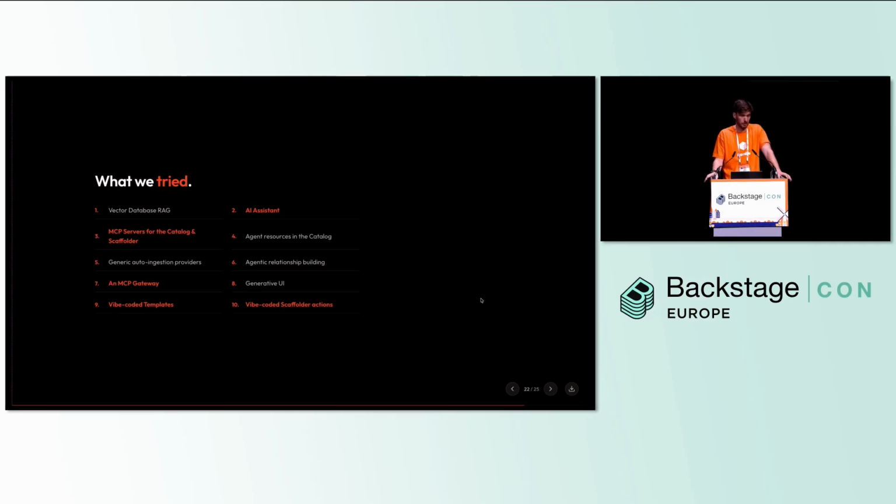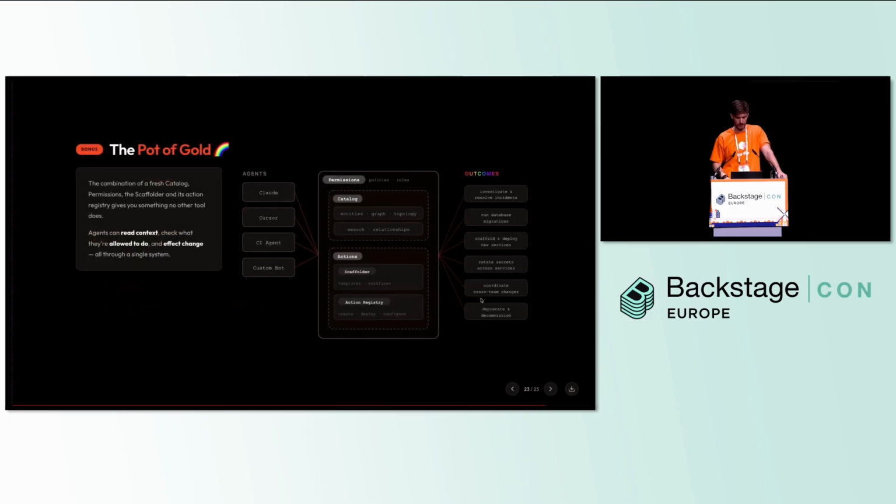It can do those two things, and so enabling agents to make those calls through the scaffolder enables a bunch of use cases that then become very useful, right? These agents can actually not just know about your topology, but they can do something to the software that is being represented, such as investigating and resolving incidents, running migrations, scaffolding and deploying new services, the classic scaffolder use case, rotating secrets.